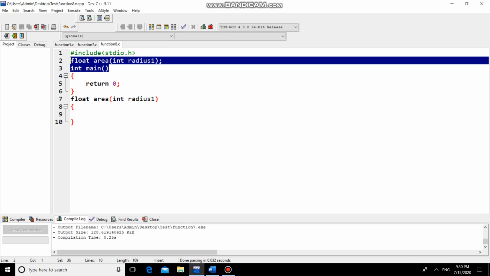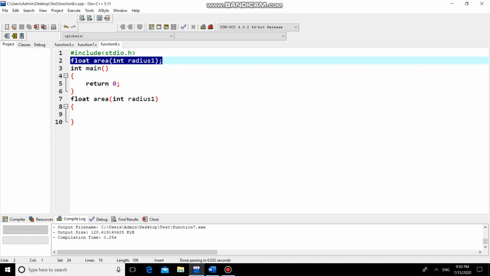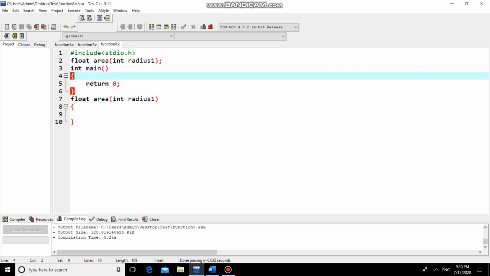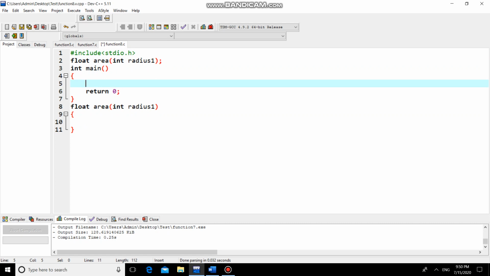Function declaration, this is function definition. Now as we are going to send radius to area function, you should take radius inside main.